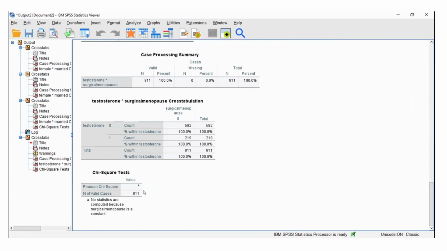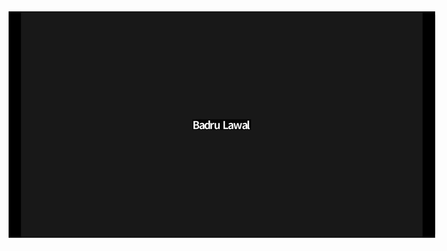I think no statistics are computed because surgical menopause is a constant. Sorry, we didn't actually get the association here. Let me go back and check. I think you made a mistake. I have a result here on my own end.